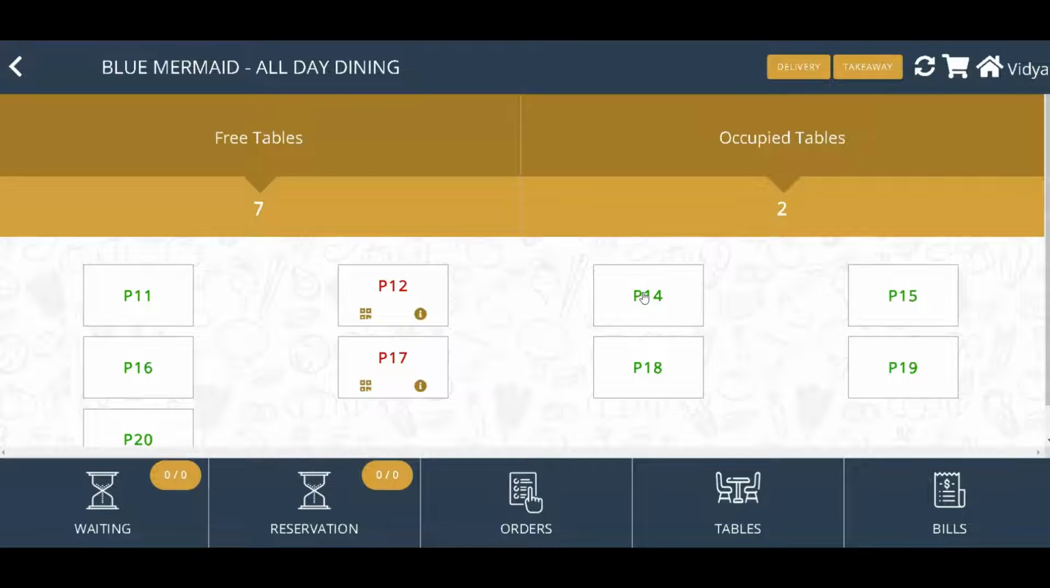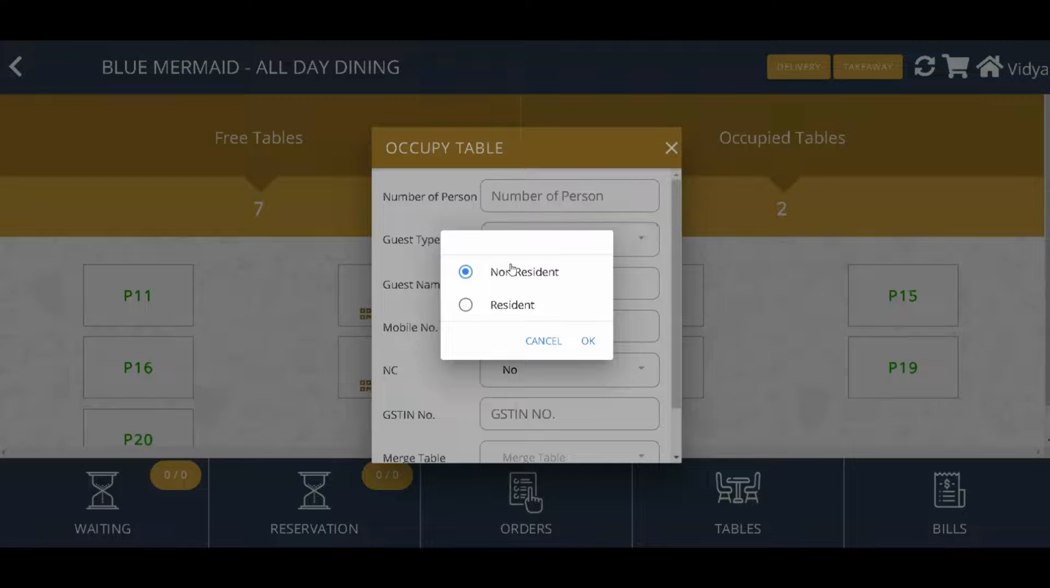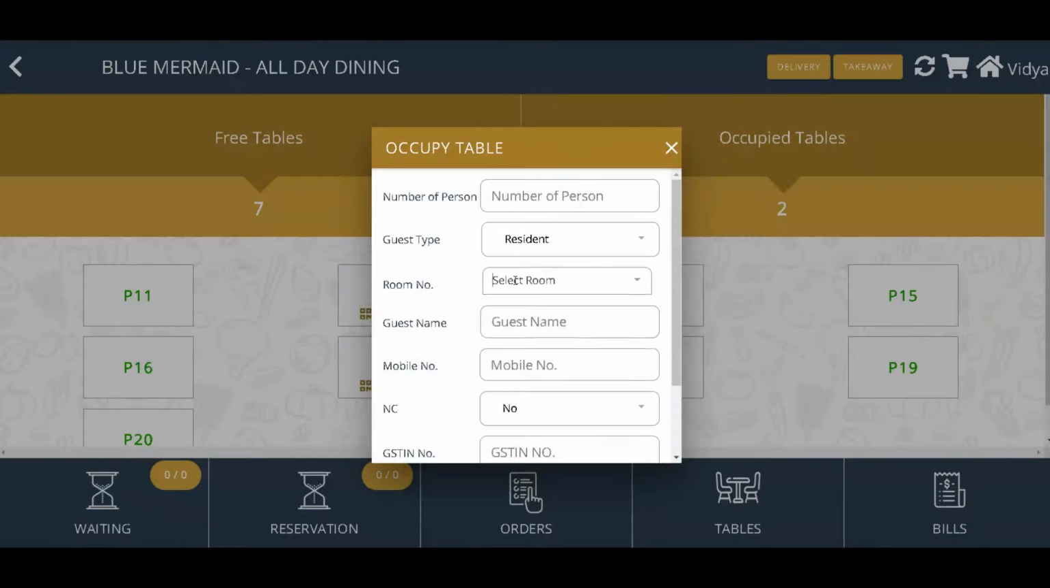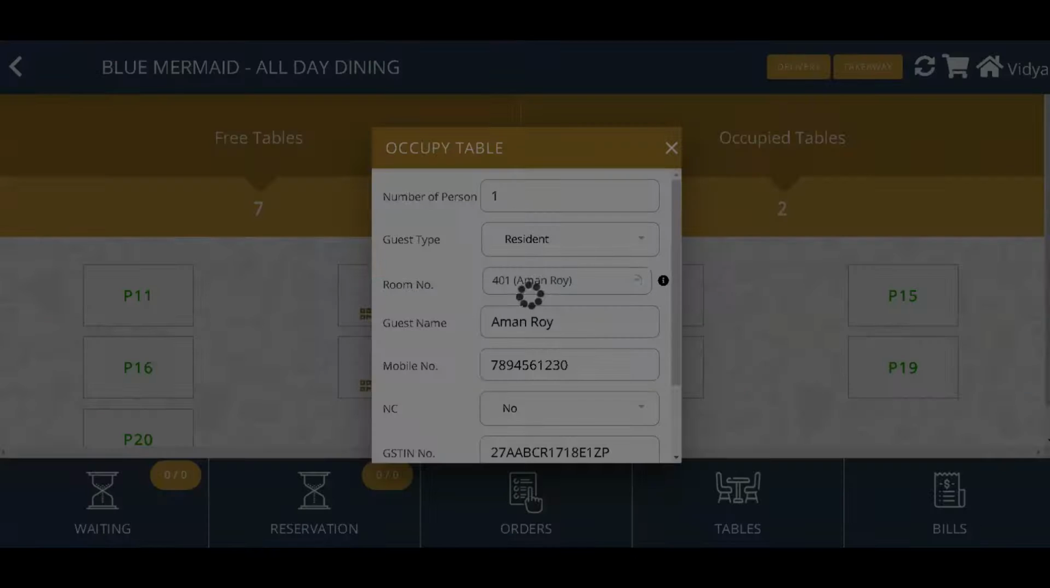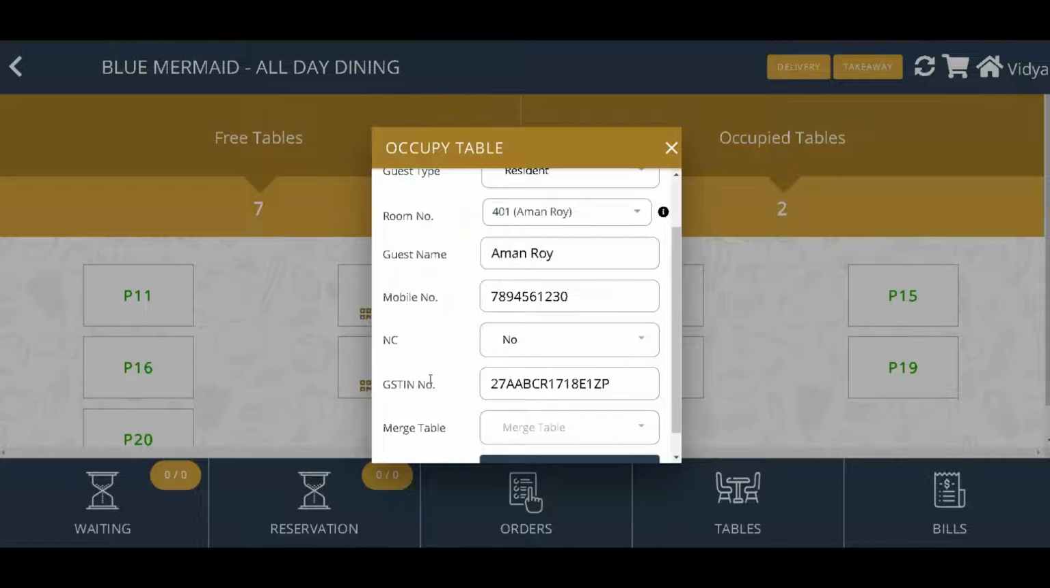Select the table number. Select guest type, whether the guest is non-resident or resident. If user selects resident, select room number. Numerah POS will take other details like number of persons, guest name, mobile number, and GST number as it is